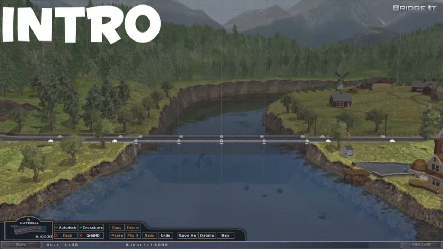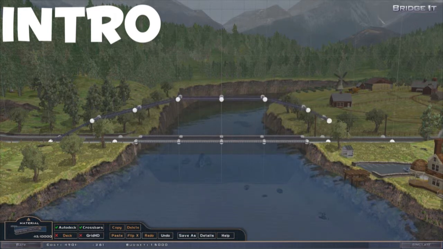In Bridget, you are tasked with constructing a bridge, but the catch is that you have a very limited budget to construct it with, and also with some of the scenarios thrown into the game, you have to make it liftable via the use of hydraulics. This seemingly simple task is made that bit more difficult because of this, and it's really at the centre